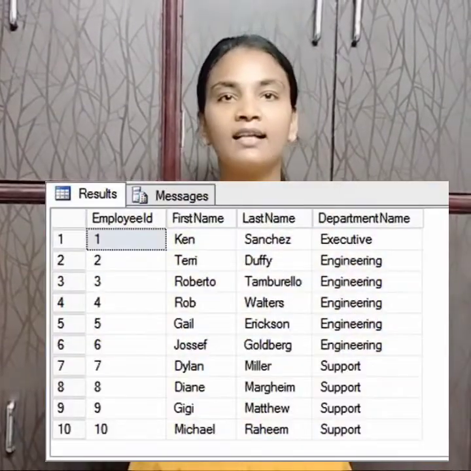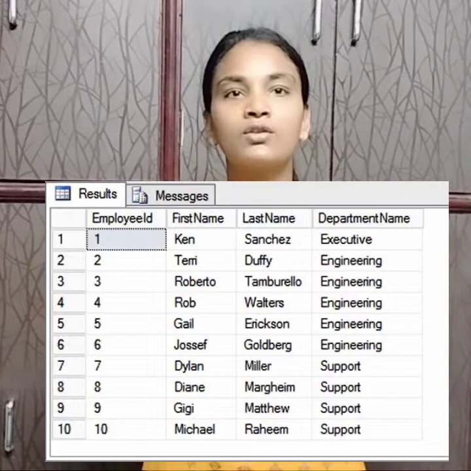Now let's see what is a table. The data in an RDBMS is stored in database objects which are called tables. These tables are basically a collection of related data entries and they consist of numerous columns and rows. Remember, a table is the most common and simplest form of data storage in a relational database.